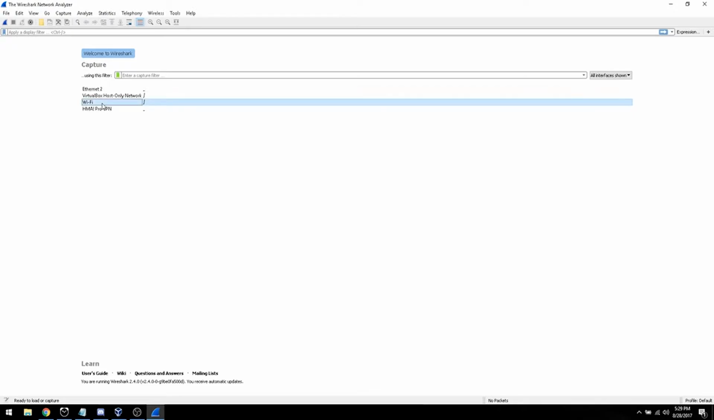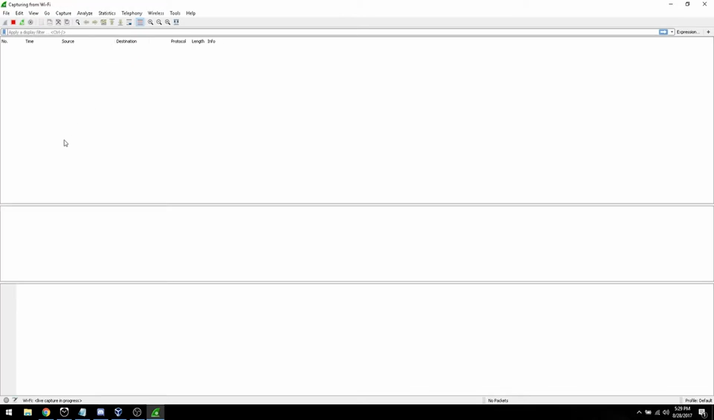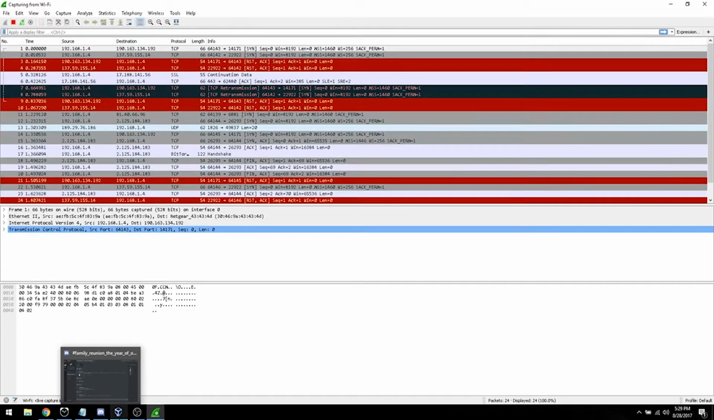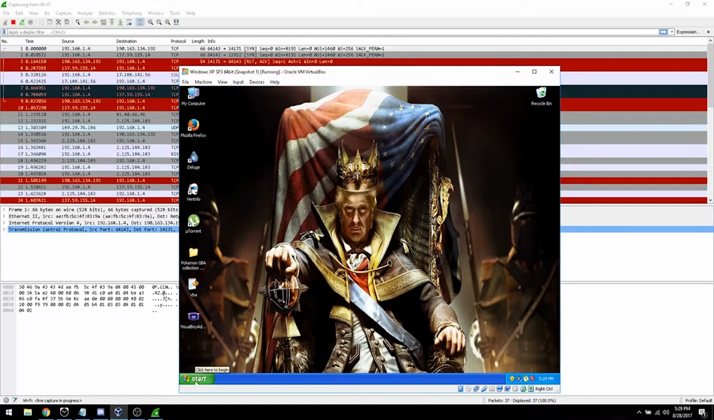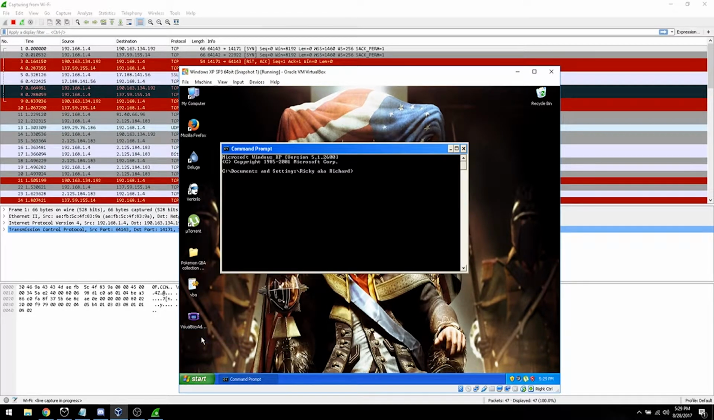Now, for me, I have a Wi-Fi card. This is just going to set up an example so that I can show you how easy it is to do. So, Wi-Fi. Double click there, it'll start recording. Now, I have a virtual machine open. We'll go to command prompt. What we're going to do is we're going to ping